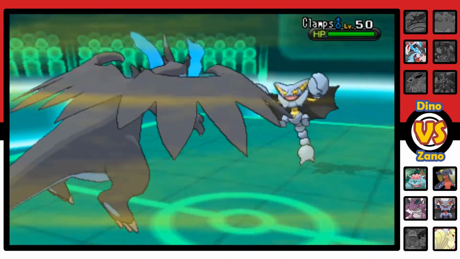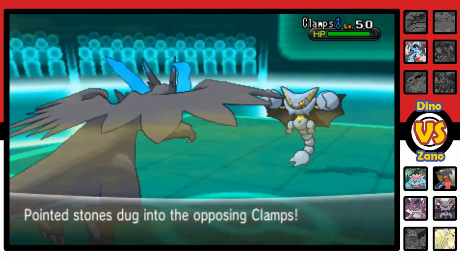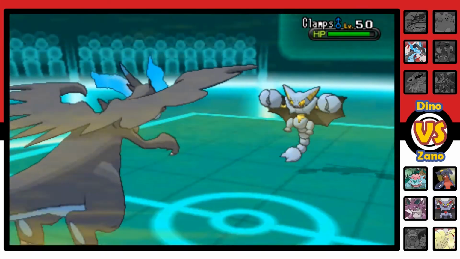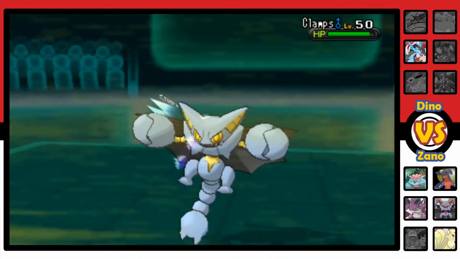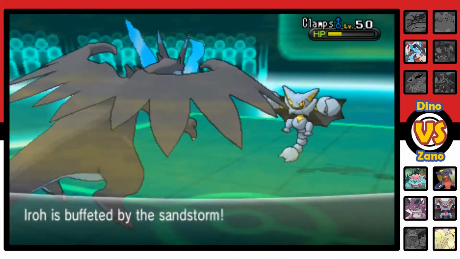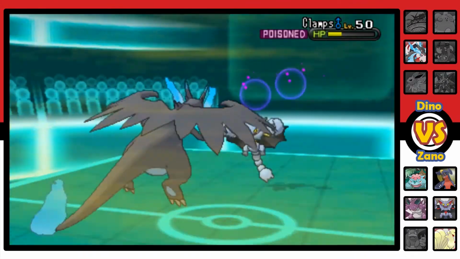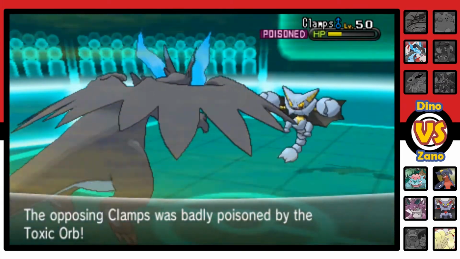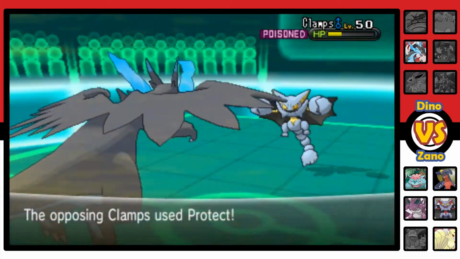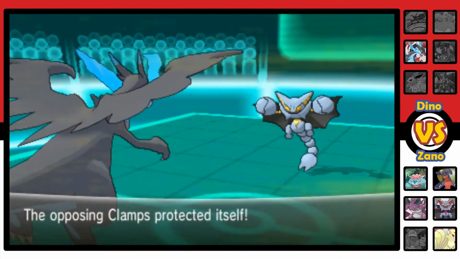I thought I was going to lose at this point, so he sends out Clamps, which is a Gliscor, a shiny Gliscor at that, so that was pretty cool. But I just sent out a Dragon Claw because I thought I was going to lose, in hopes of knocking it out just by being faster. But since he sent out this Gliscor, it actually allows me to set up Charizard once again, which I wanted to do here. So he uses Protect,